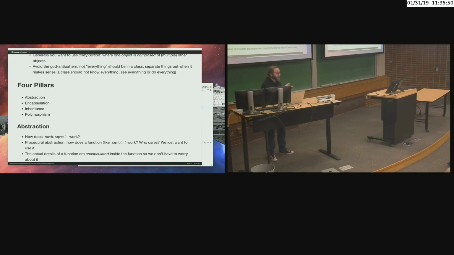Now, if that is your problem, right, and you want a faster or more accurate method, then you do need to crack this egg open and start looking at the details and maybe modifying the details yourself. But that's usually not the case. Usually people don't write their own square root functions, right? They don't want to have to worry about those low-level details. Sometimes you do have to worry about them. But from the perspective of OOP,